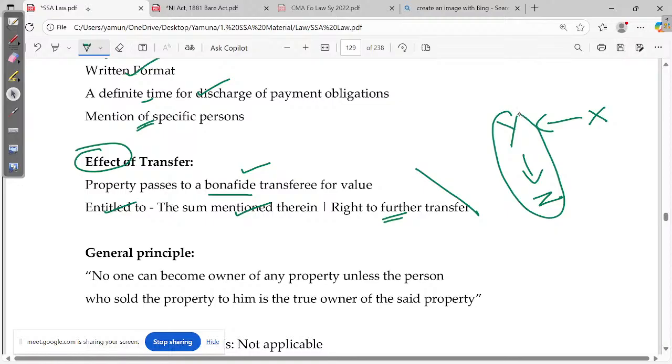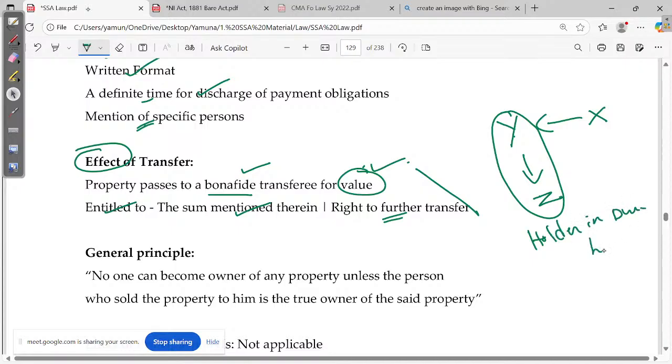Since a transaction happened between Y and Z, Y has to give it to Z. Please try to understand. It's not a social agreement, it's not a void agreement. We are particularly talking about a legal agreement, which is a particular context where there will be two-sided consideration. Both sides of consideration will be there. So if Y has to give to Z, it means Z has done something for Y. This is understood. So there is a value. And Y gives the instrument to Z, now he becomes holder in due course.